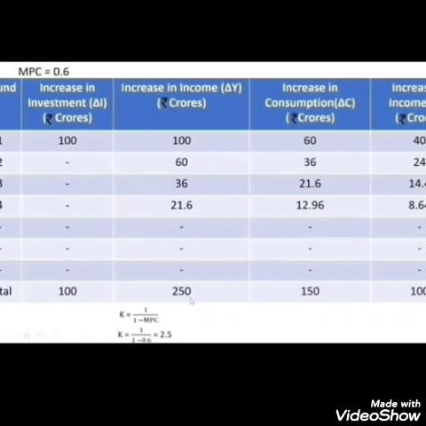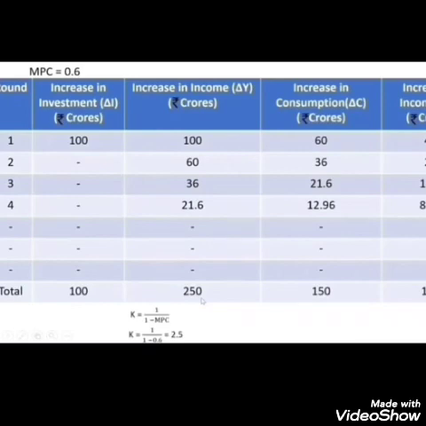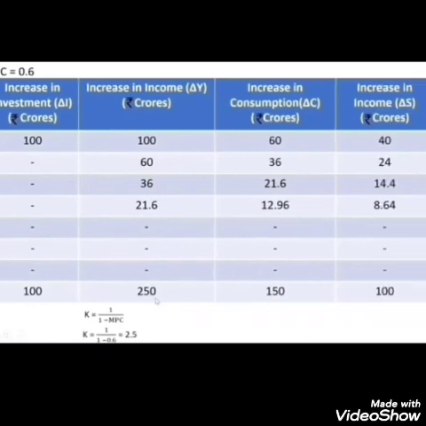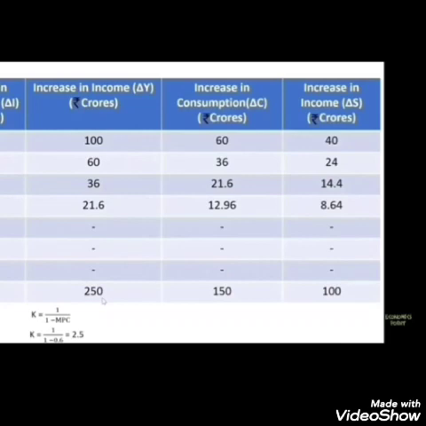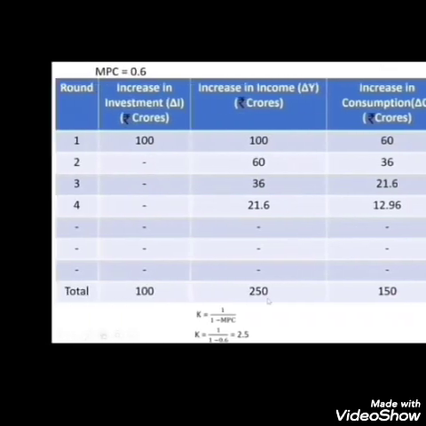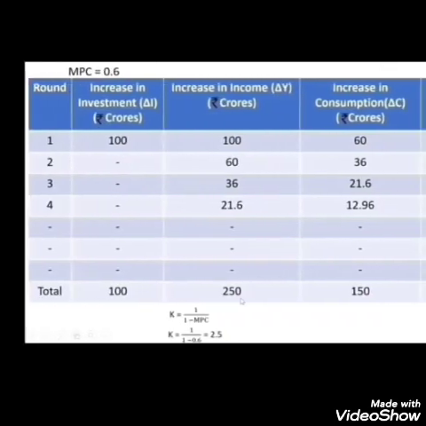We have to take an example. The increase in income, that means delta Y, is also 100 crore in the first case. Now we decided that for the increase in consumption, delta C, we have to consume only 60%. So out of 100 the consumption is 60 and the saving is 40. Now in the second case,